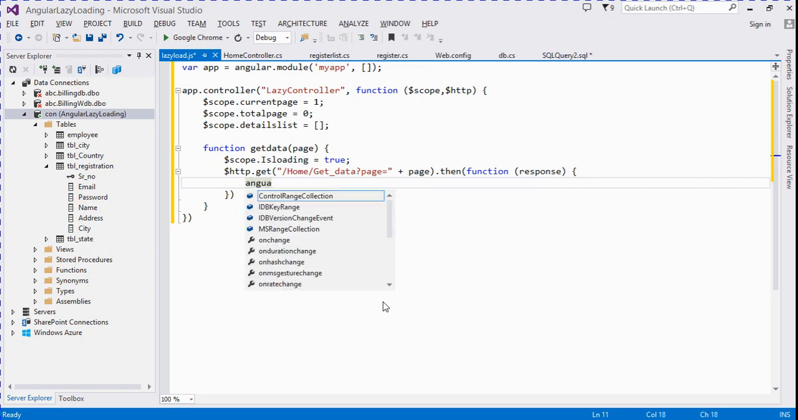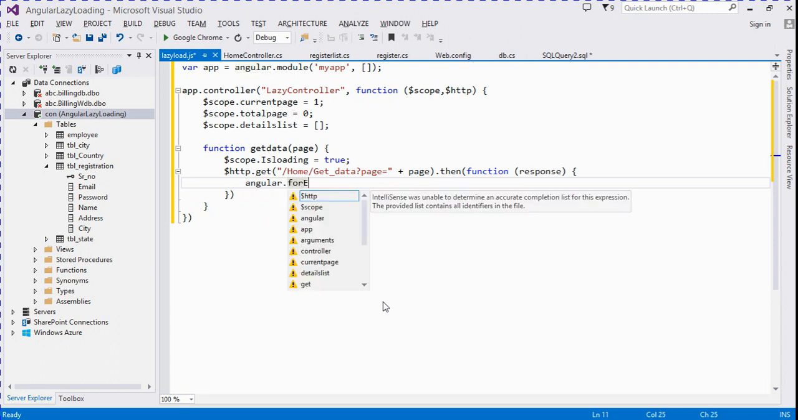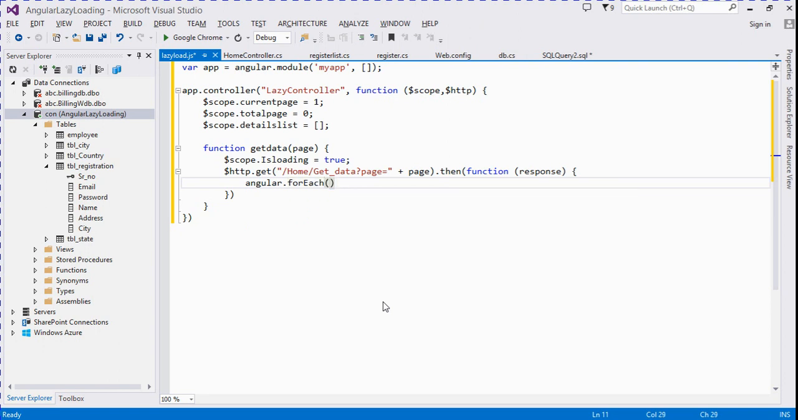and here we create an Angular for each loop. Angular dot forEach, it's a response dot data dot register data,